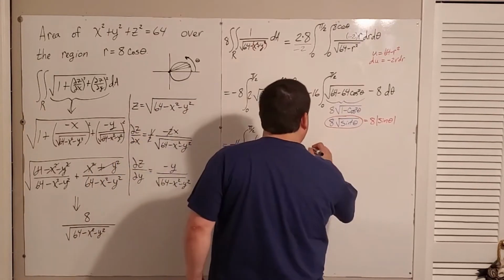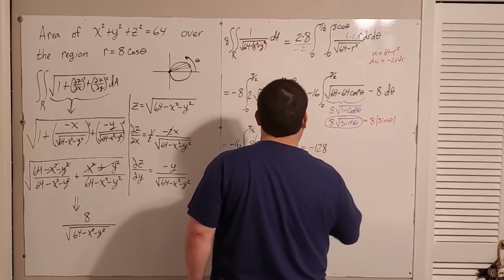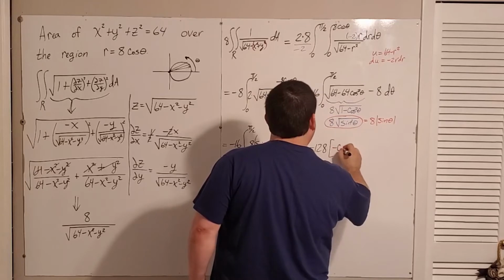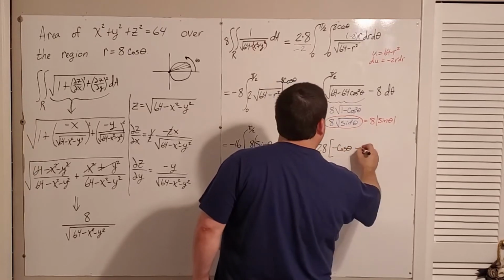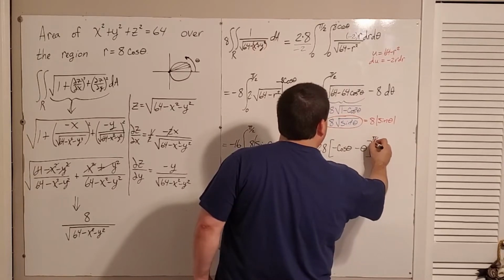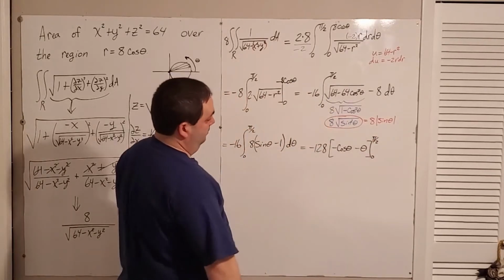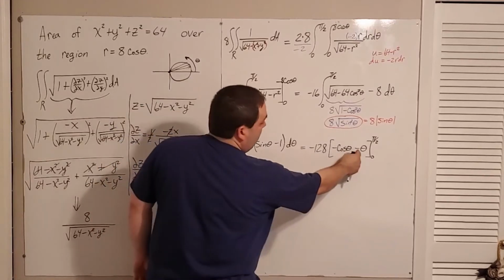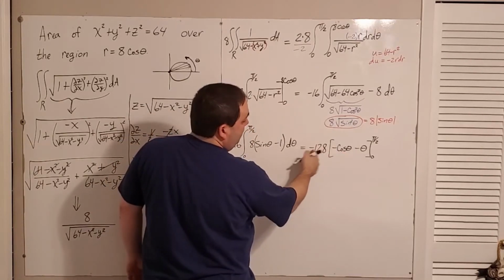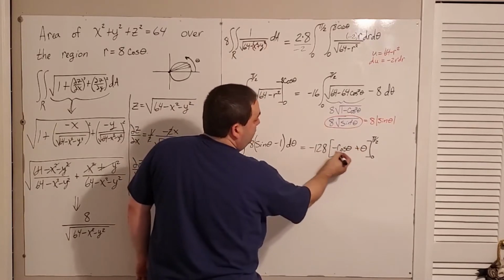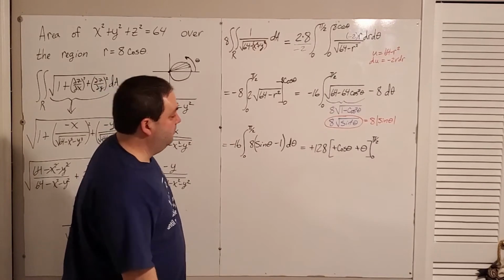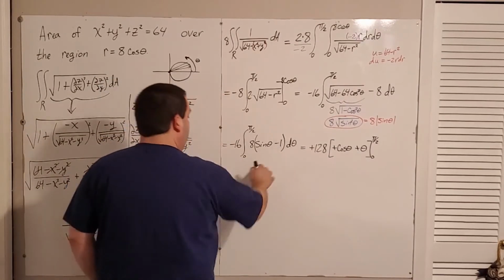So I have negative 128. And then this is going to be negative cosine theta minus theta, evaluated from 0 to pi over 2. Easy enough to factor out a negative sign here, and all that's going to do is make everything positive. So positive, positive, positive. Great, that works out even better, right? Okay, so then I've got